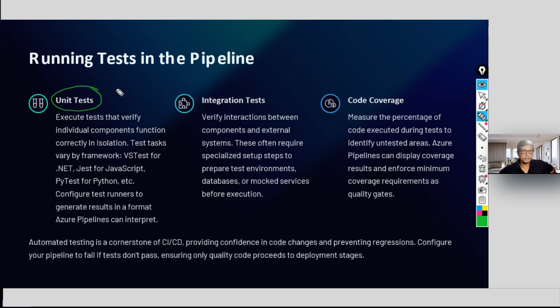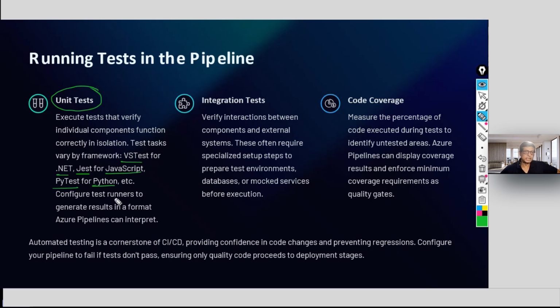But the advantage of using a pipeline like Azure DevOps is that there are built-in frameworks. Like it is already having VS Test for .NET programs, Jest for JavaScript, PyTest for Python. So there are hundreds of other test libraries. So you can use the third-party tools within the framework of Azure DevOps to easily run and configure the test.